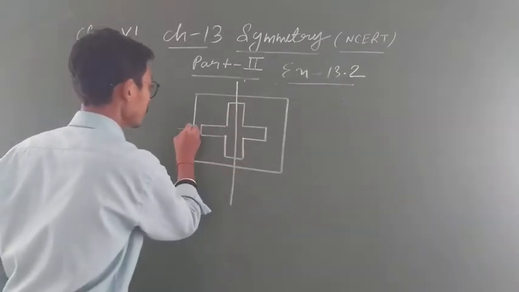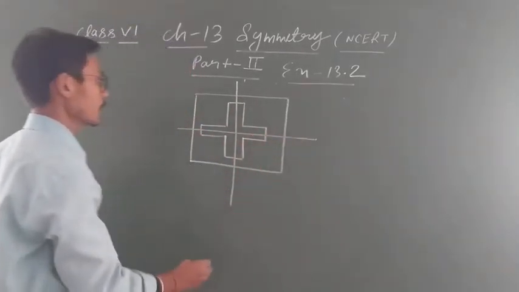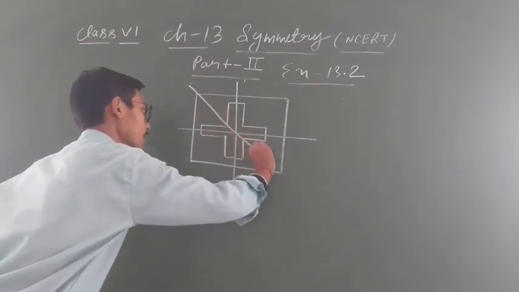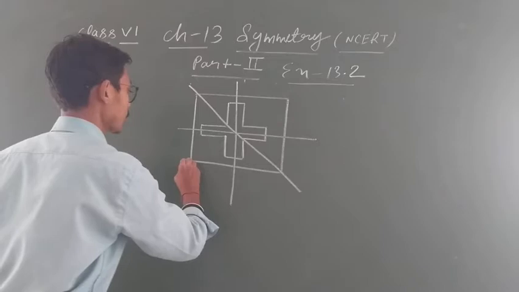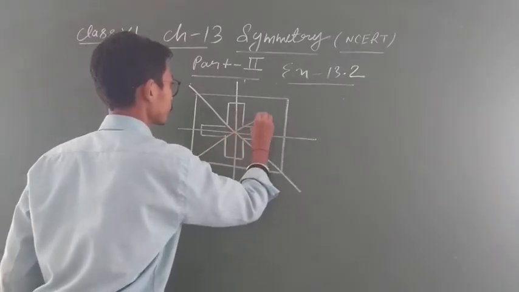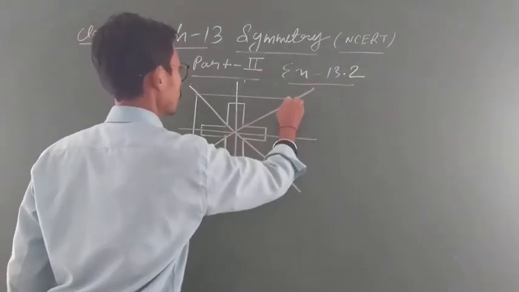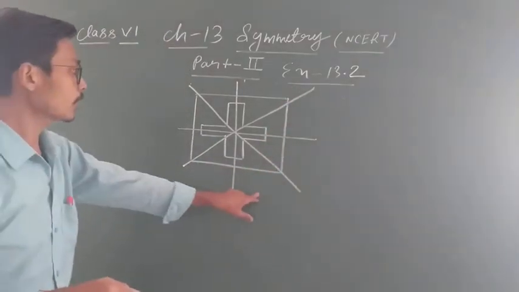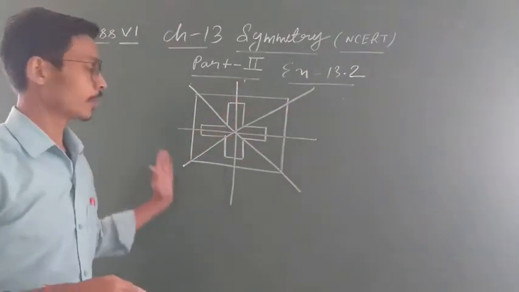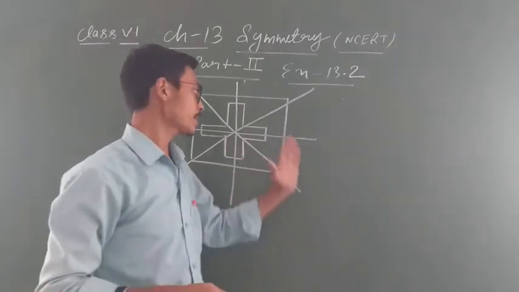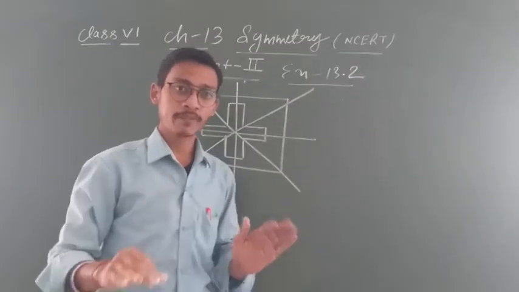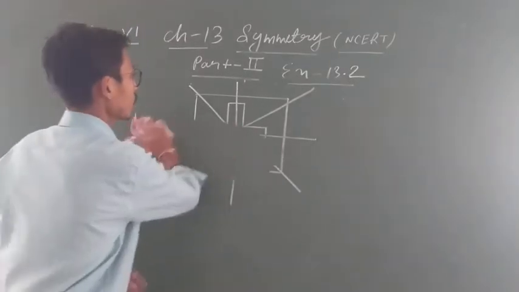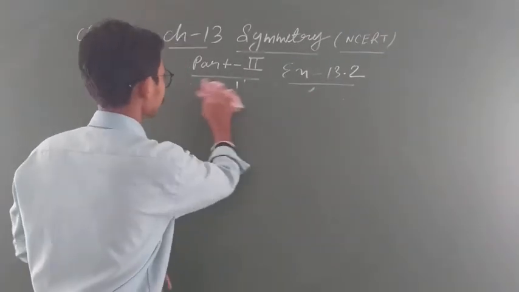second line of symmetry, okay, now third line of symmetry, or fourth line of symmetry. This is a little bit upside. So how many lines of symmetry, student? 1, 2, 3 and 4. By this you can draw the line of symmetry very easily, only you have to draw the diagram very carefully, then you will find out the line of symmetry very easily.